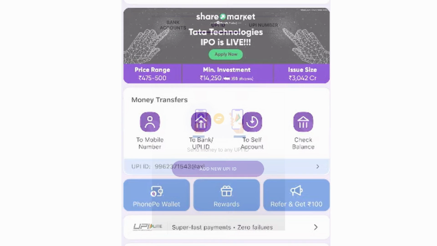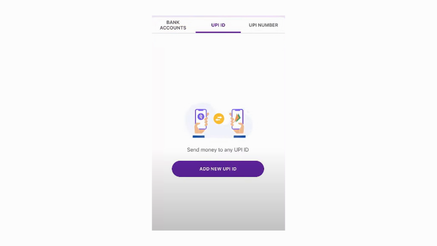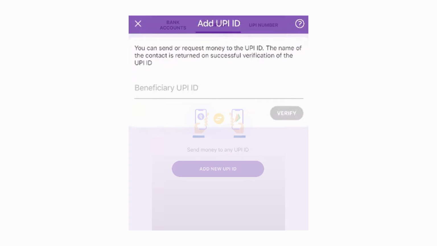Now on mobile number, you can see there'll be a couple of options like bank accounts, UPI number, or UPI ID. I want you to focus on the UPI ID, and then you want to click on add new UPI ID. Now in here, you will have to add in the UPI ID of the recipient you want to request the payment from. After you add in the beneficiary UPI ID, you can press on verify to see if it works or not. If it works, you will be connected with that user, and then once there, you can go